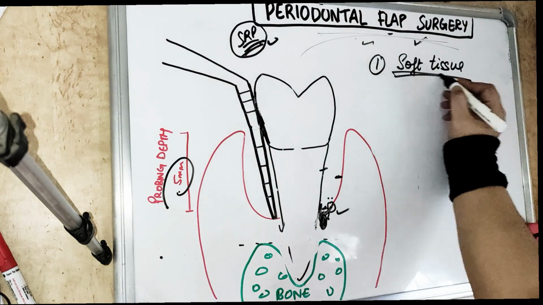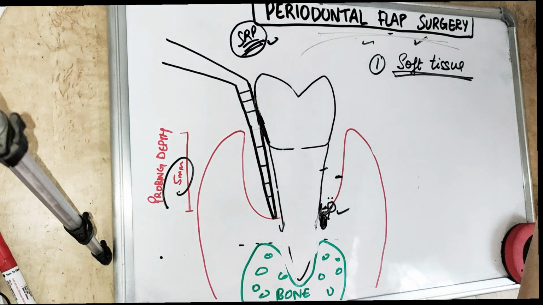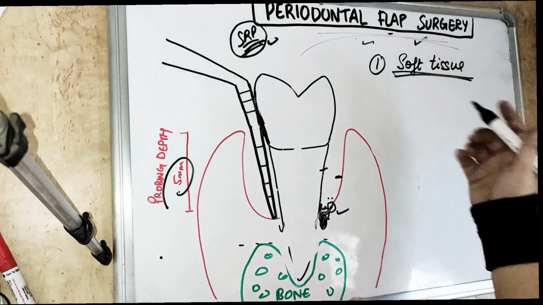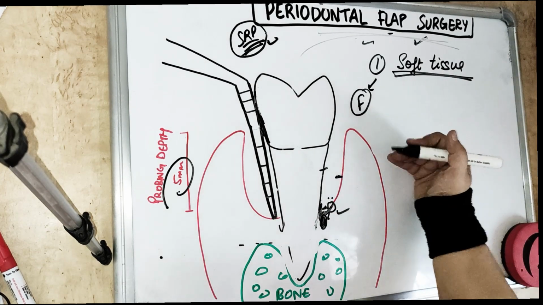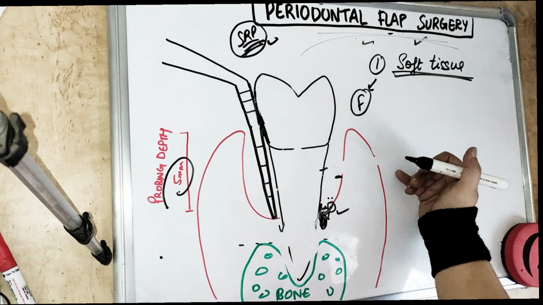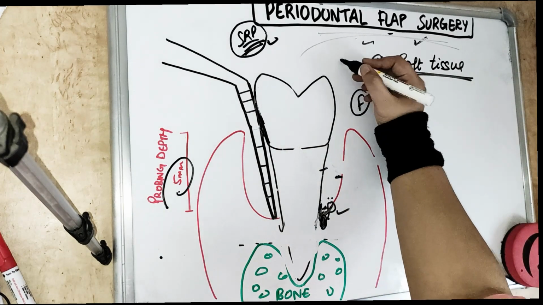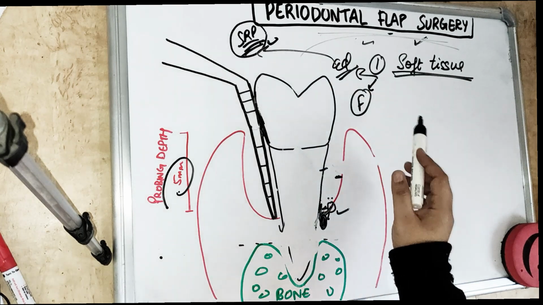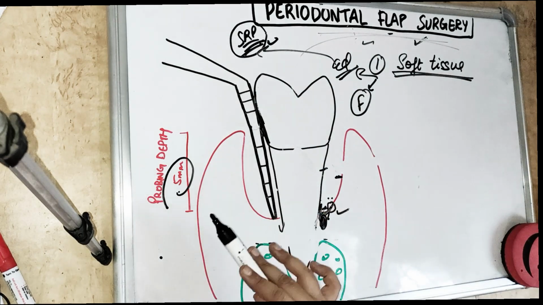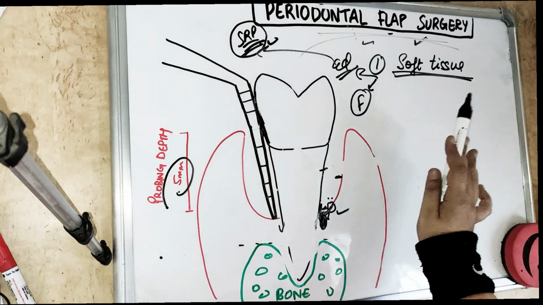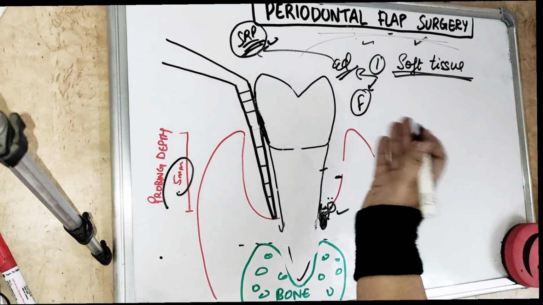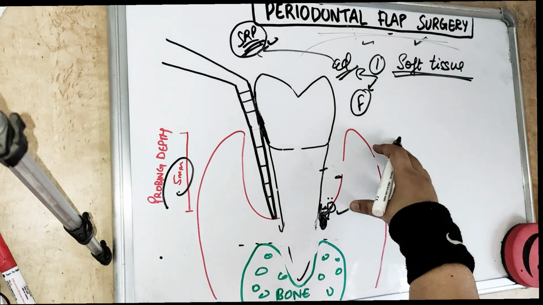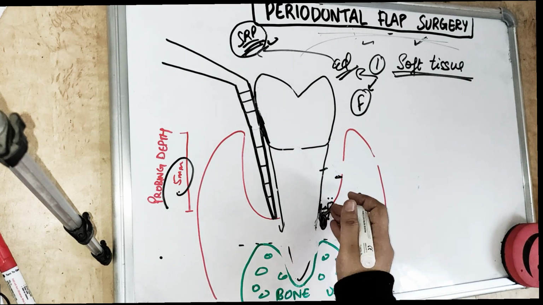So the first thing is the soft tissue pocket wall. We have to see whether it is edematous or fibrotic. If it is fibrotic, then we go for the cutting procedure, which would be our gingivectomy. If it is an edematous pocket, that means first we have to go for scaling and root planing, and then plan for the periodontal flap surgical procedure. So we have to determine the morphological features, the thickness of the soft tissue, how thick it is, and the topography of the soft tissue pocket wall also, because we have to remove the necrotic soft tissue wall.